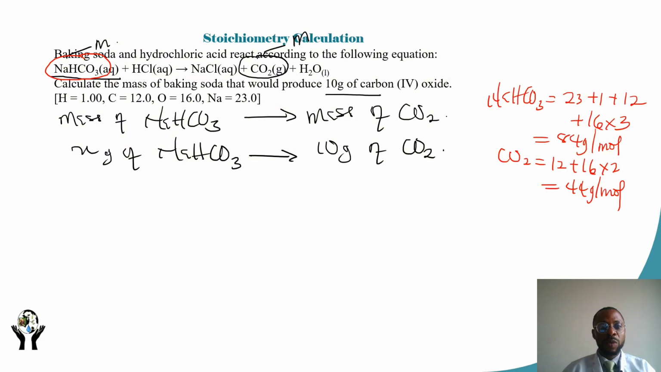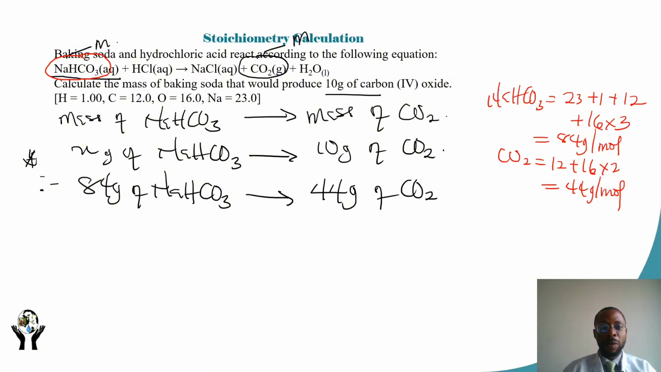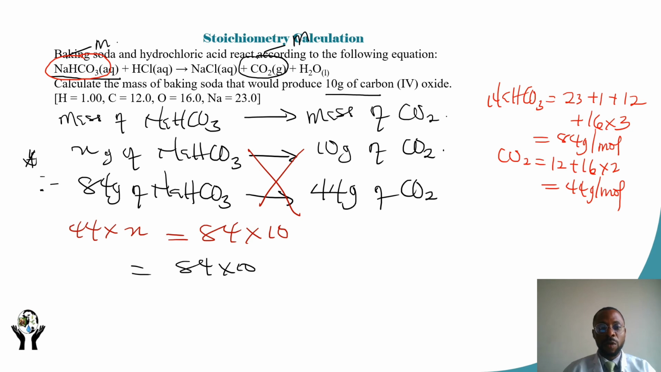So if that is it, we can now come back to what we have as expression here. The molar mass of NaHCO3 is 84 grams, so for 84 grams of the baking soda, the corresponding mass of CO2 is 44 grams. So with this now, we can cross multiply. Then we are going to have 44 multiplying x, and that will be equal to 84 multiplied by 10. So we are going to have 84 times 10 over 44. And then our mass should give us 19.09 grams of